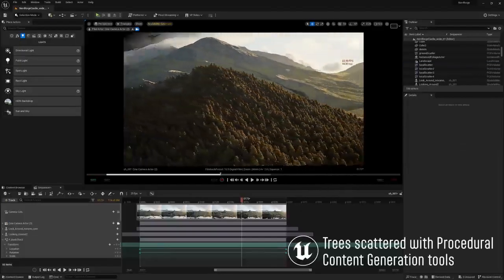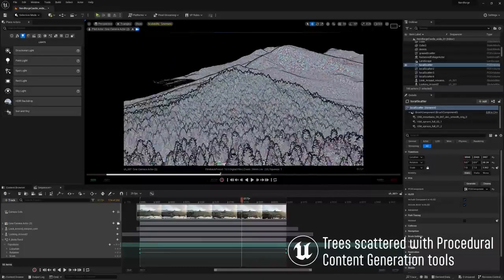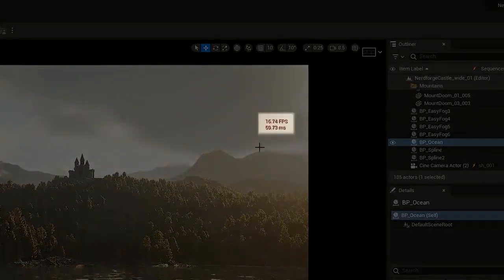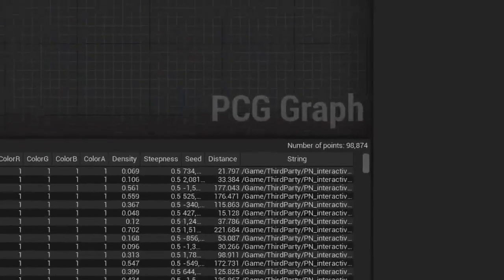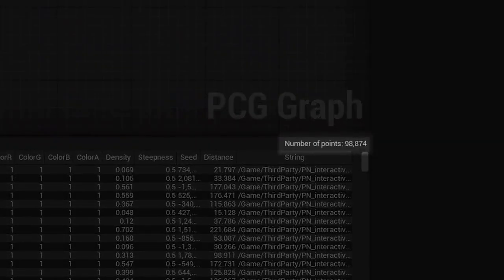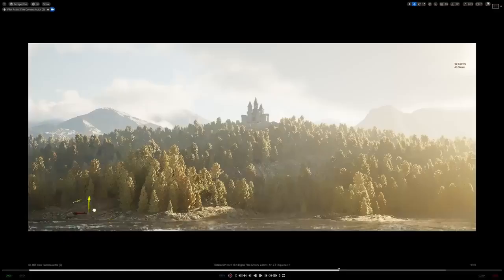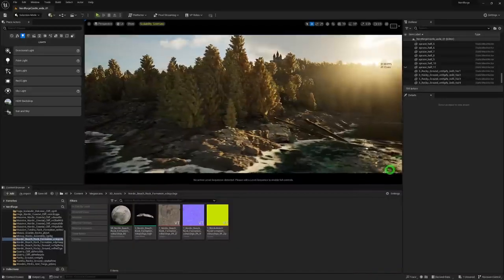It's worth noting that all of these trees have Nanite enabled, which is how I'm able to get a somewhat respectable frame rate despite having almost 100,000 trees in the level. Whoa. The rest involves polishing things up, adding some rocks and fallen trees along the edge of the coastline here,